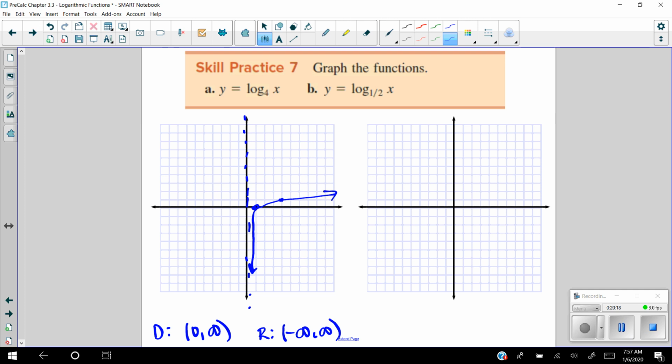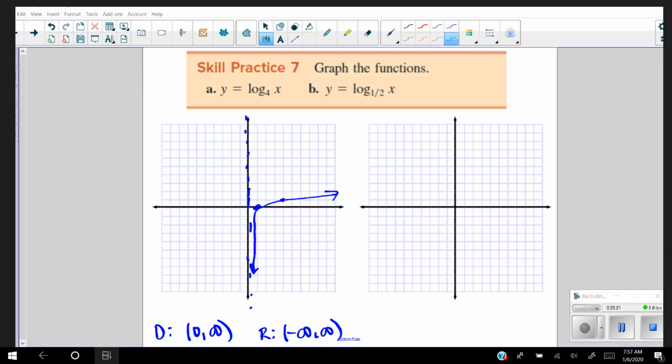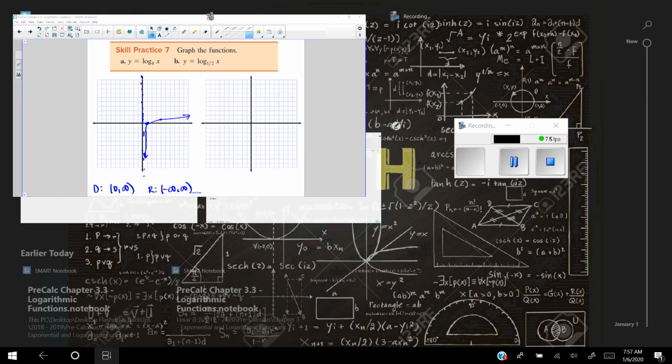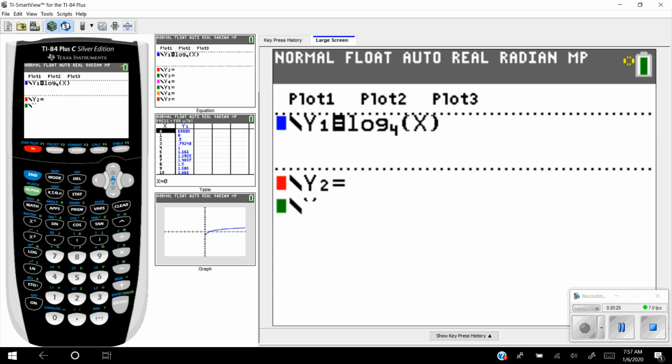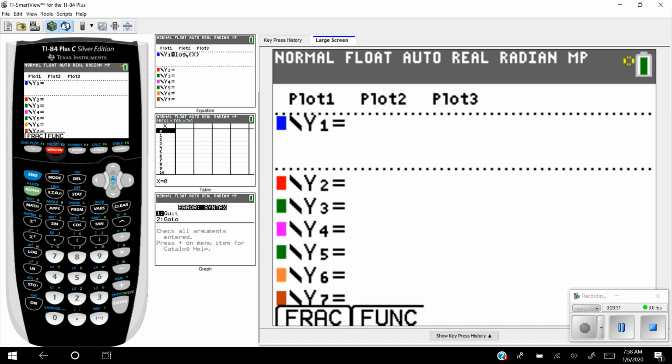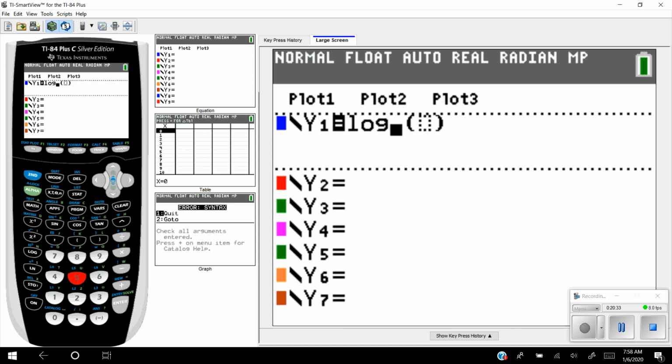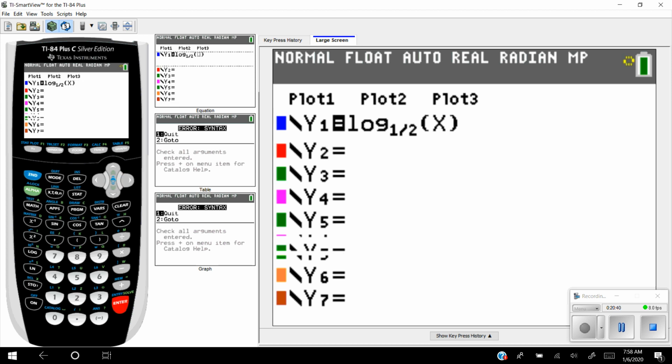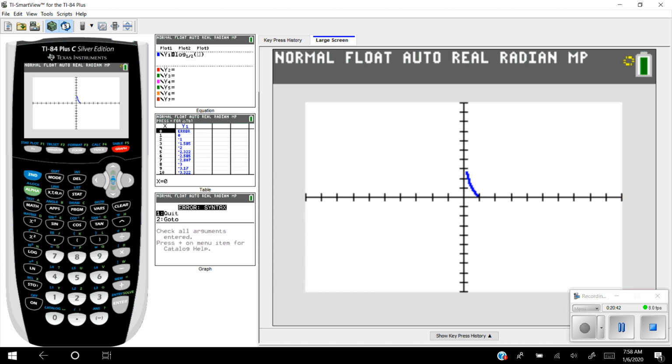Now, in B, we have log base 1/2. So I'm just going to quickly switch here in my y equals. It's going to be log base, oops, we need to change a base button, so alpha window, option 5. Log base 1/2, you can either do 1 divided by 2 or 0.5, of x. Graph it. Similar setup, the y-axis, or x equals 0, is still the vertical asymptote, but this time the curve